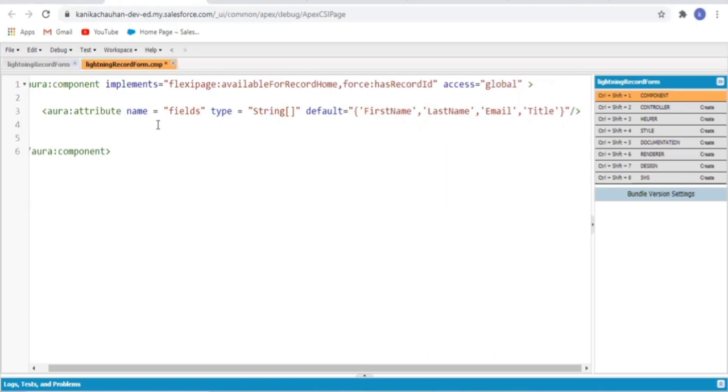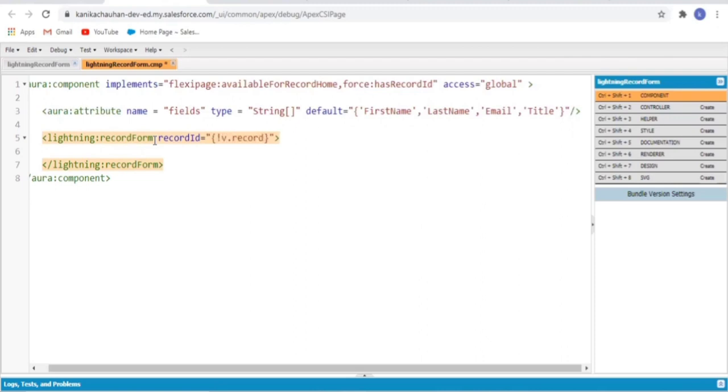Now I am adding my lightning record form tag and different attributes. Number 1, record ID. I want my form to be shown in the editable mode, so record ID is required here. When we are viewing our form in the edit mode, record ID is required. And object API name, this attribute is always required.